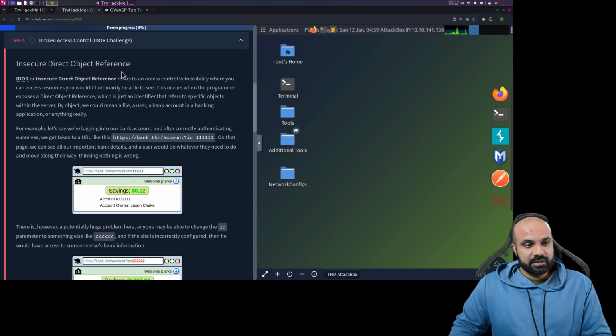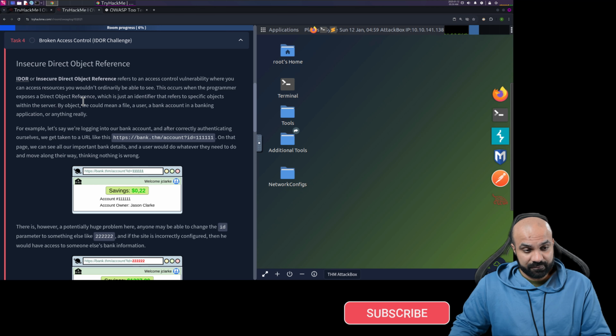IDOR, or insecure direct object reference, refers to an access control vulnerability where you can access resources you would not ordinarily be able to see. This occurs when the programmer exposes a direct object reference, which is just an identifier that refers to specific objects within the server. By object, we could mean a file, a user, a bank account in a banking application, or anything really. For example, let's say we are logging into our bank account, and after correctly authenticating ourselves, we get taken to a URL like this